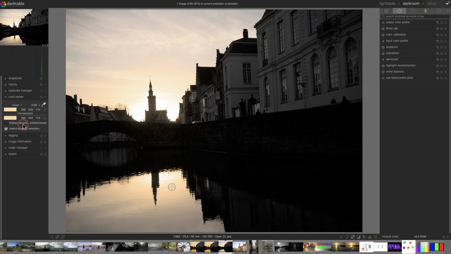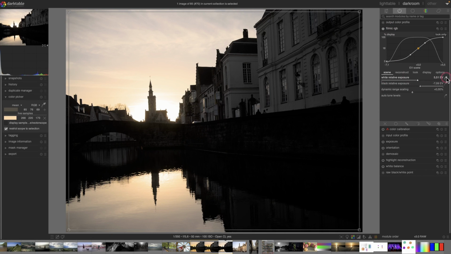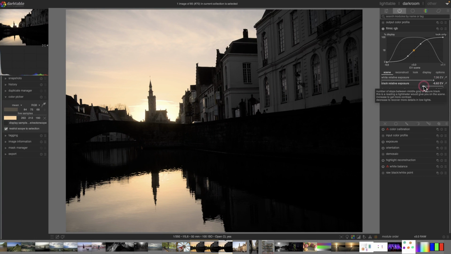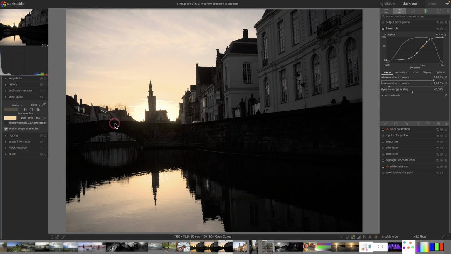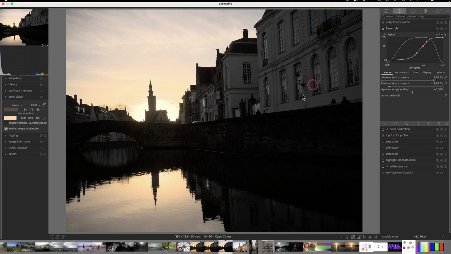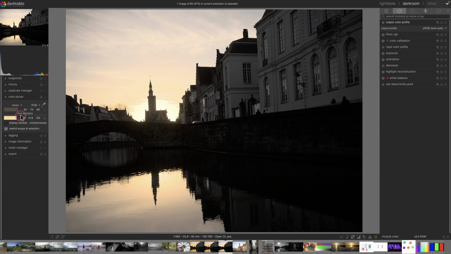So I have an eyedropper which measures this at 266, 220, 174. Now it's over 255. That is because we're well over the boundaries of, well, we're in an HDR photo here and I haven't set Filmic. If you want to do that straight away, we can always fix some kind of highlight if you want. Oh, we're still over 255. Oh, okay, never mind. No problem with that, because in the output color profile, everything will be set down to levels between 0 and 255 anyway. So no problem about that. The input color profile is Rec 2020, and let's get on with this then. So 269, 218, 165 for the eyedropper that's here,